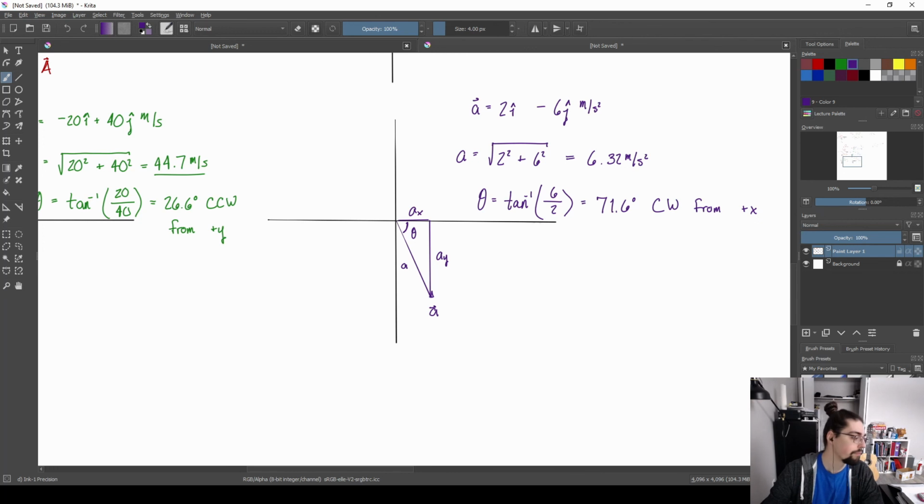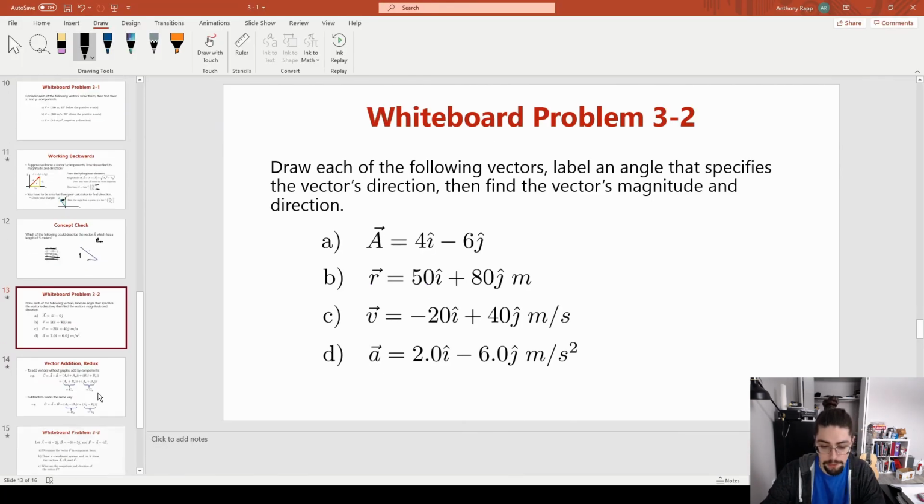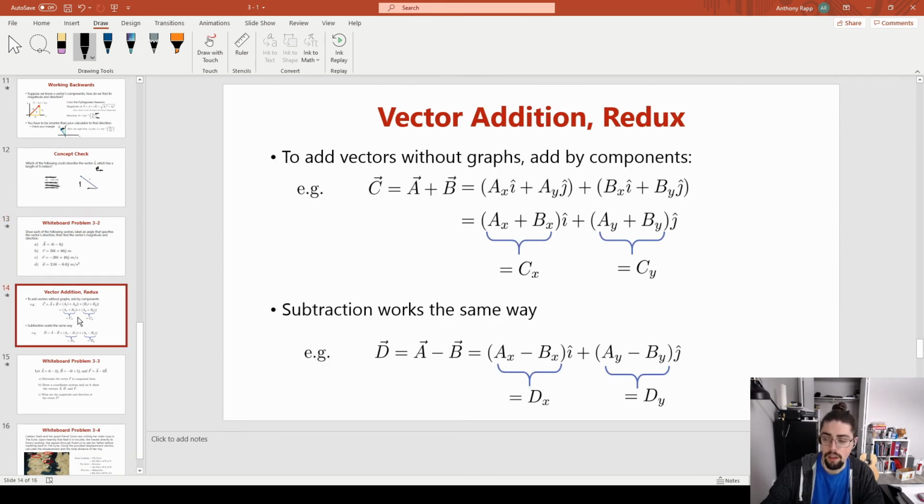So, we are not going to get through all these problems, which is probably not going to be a common thing, but it did happen last time, and unfortunately that kind of took away some of our time here, but that's all right. The last problem is not a hugely important one. One of the points that I do want to get to, though, to make sure that we can talk about this properly, is we just saw earlier how to graphically add or subtract vectors, and that's cool, but